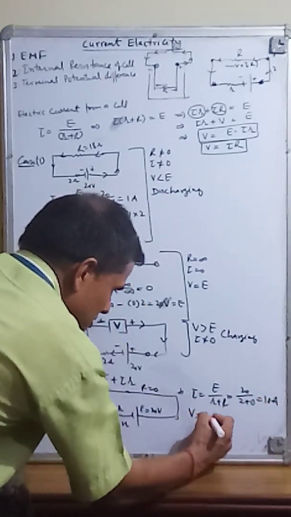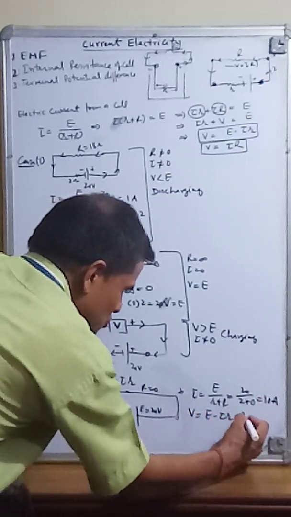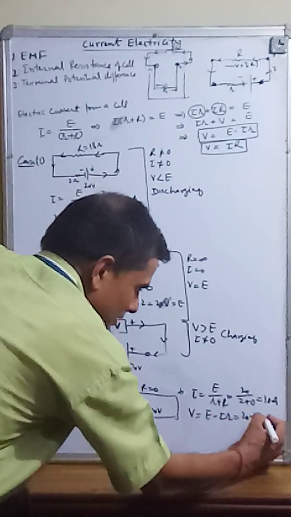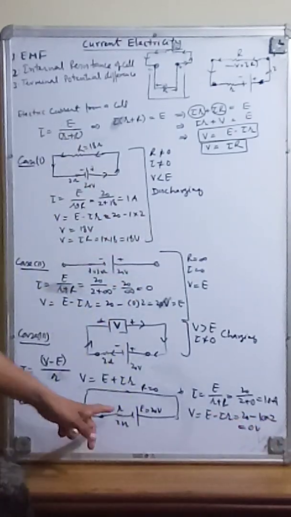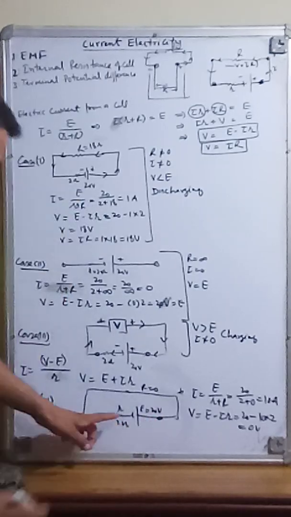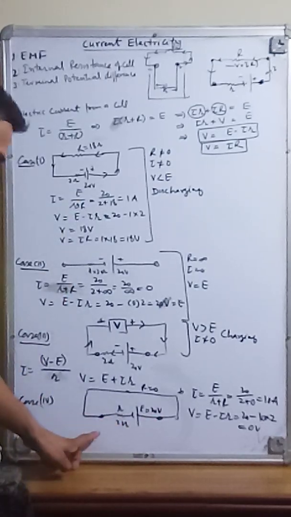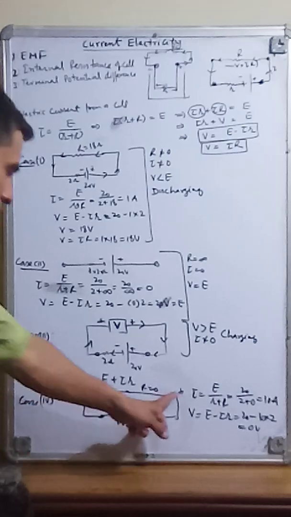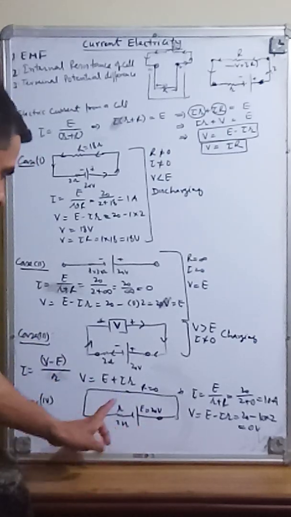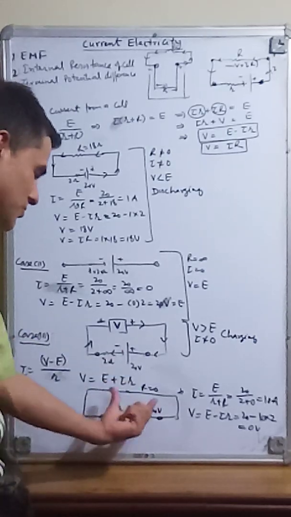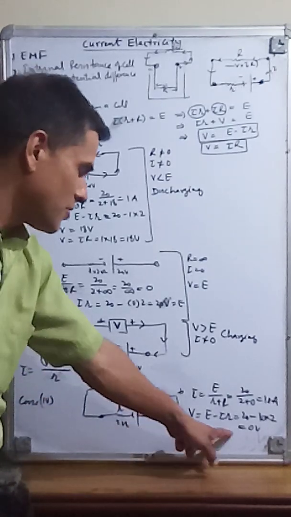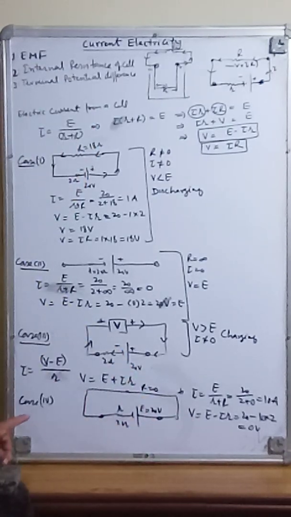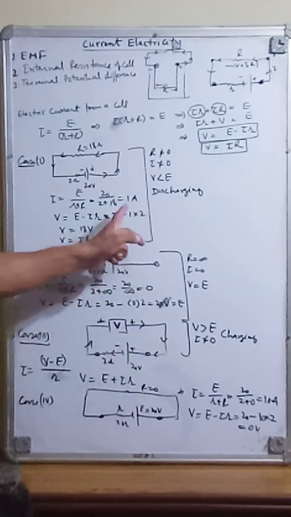So what is V? V is equal to E minus Ir. It is 20, and what is I? 10, and internal resistance is 2. So it is 0 volt. In this case, terminal voltage will be 0, right? So it is 0 terminal voltage. This is called short circuiting of the cell. We directly join both terminals of the cell without any resistance or with very low resistance. So this is short circuiting. We will not get any terminal voltage across the cell, 0 voltage. Here we are getting greater, here we are getting less.